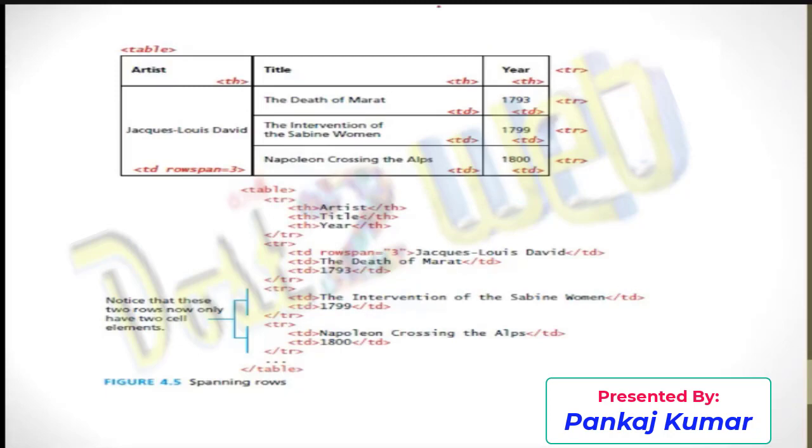Next, you can see here I am using rowspan. If you want rowspan to be used, then how are you going to use it? It's very simple. The same way you are going to use it, just the same way. You can see here I am defining a table row. In that, the table heading will be there.